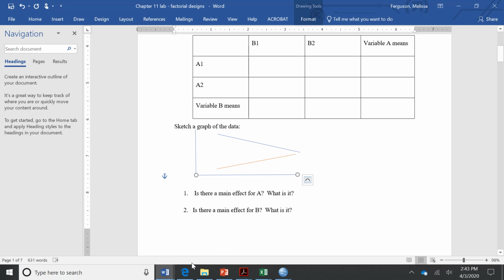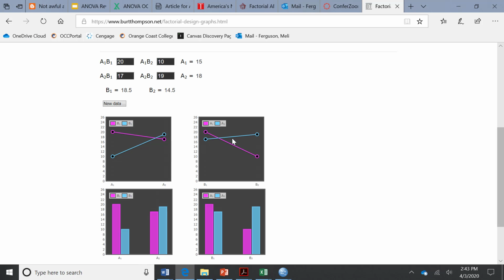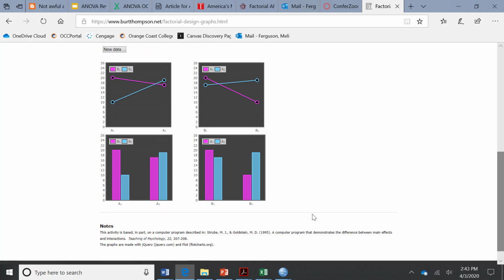So you're taking one of these two graphs and replicating it on your paper. So you're taking this data and putting it in the cells on the handout. You're taking one of these graphs, the line graphs, and drawing them. And then you're going to tell me,